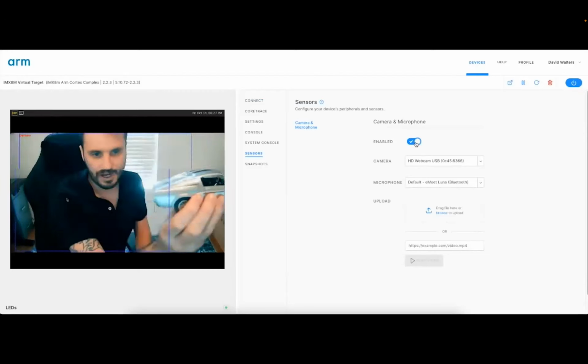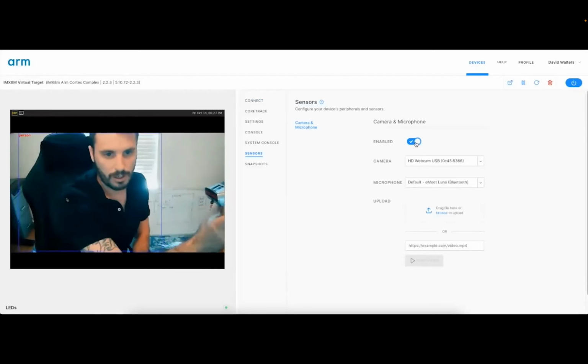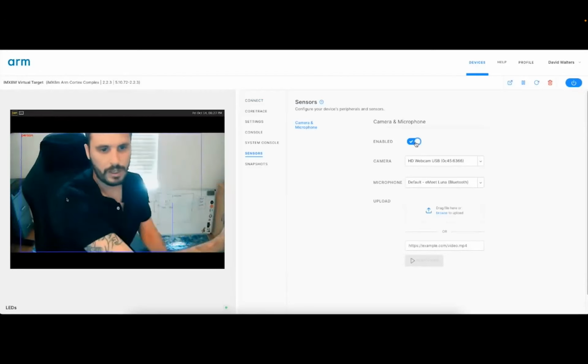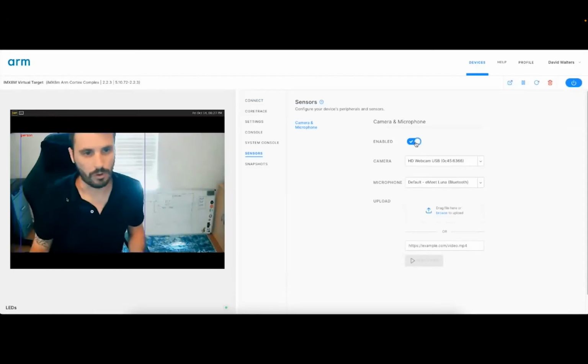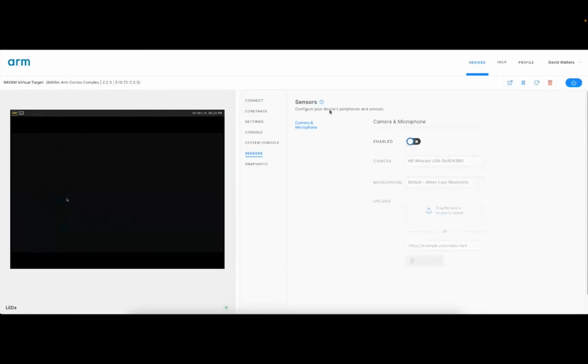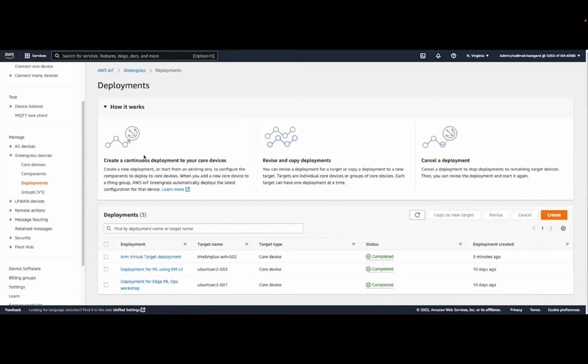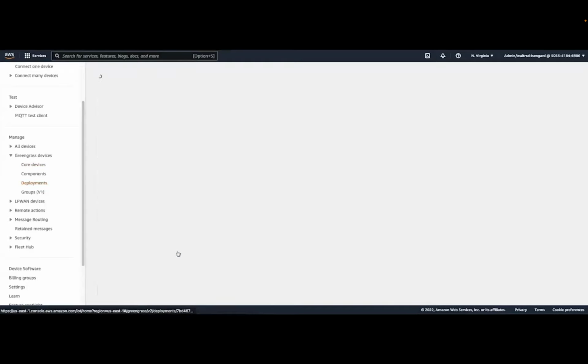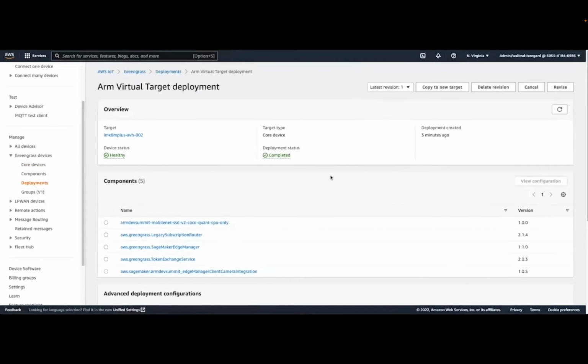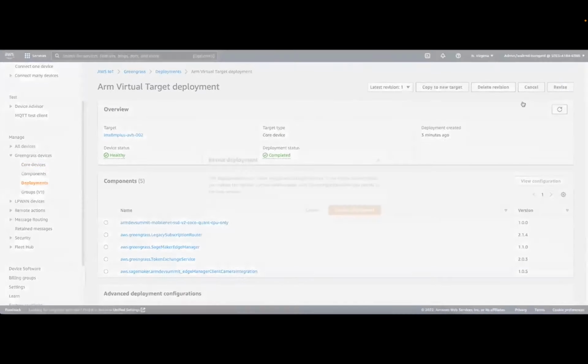It is not detecting the car. So what we need to do is update that machine learning model. In order to do that, I can go back and revise my Greengrass deployment. So if I go back to the Greengrass console, click on ARM Virtual Target Deployment, click on Revise,